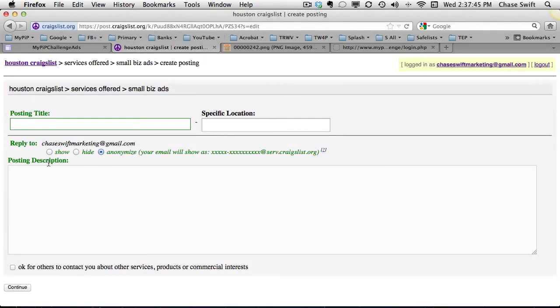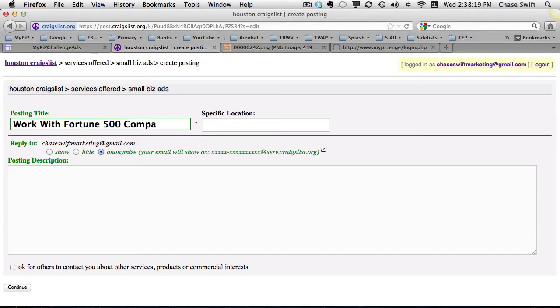This is where you put your code, and this is where you put your title. For every ad you post, you should vary the title. Give it some thought and come up with a different title. Now I've used some that talk about free internet business and things like that. So how about work with,